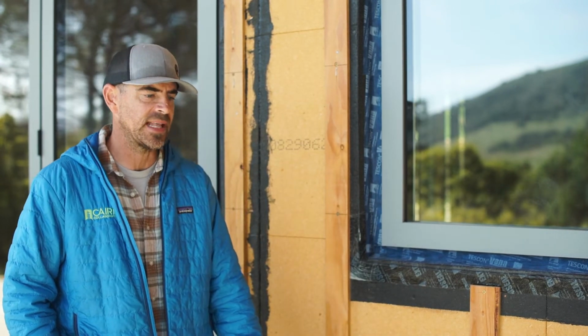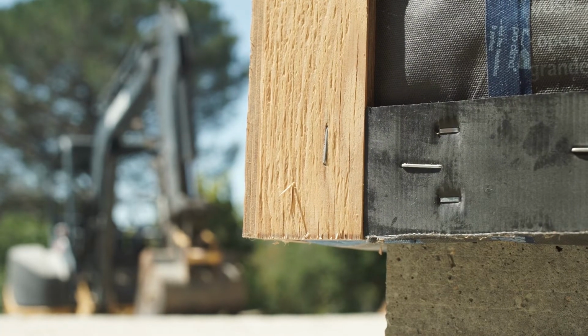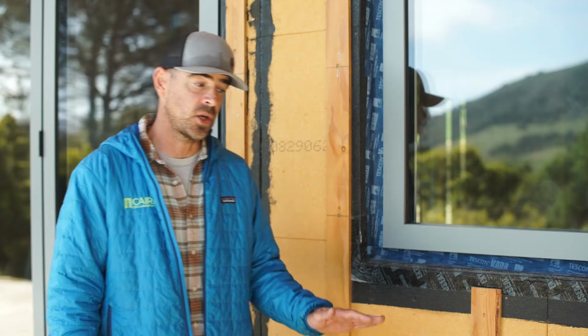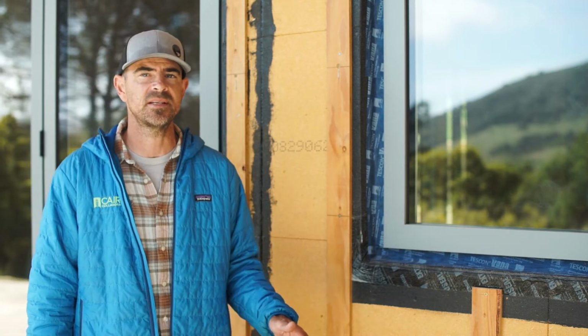thermal bridge at our slab edge. Though we do have an insulated slab where our footing comes up and meets our slab, we don't have any insulation right there. Our wall insulation hangs down 2 inches, and our slab insulation is 4 inches below our slab. So we do have a 2-inch little highway right there that is considered a thermal bridge. It's the only thermal bridge that we have in this house.